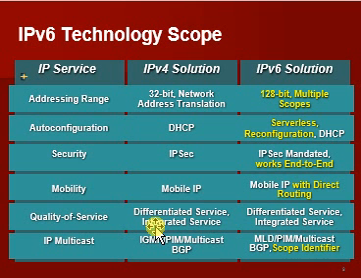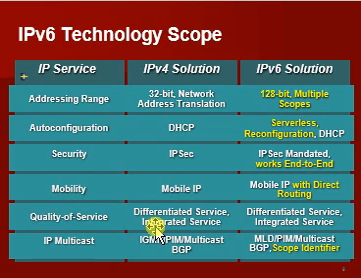So we can see here the difference between IP versions 4 and 6. In the technology scope, IP services, the addressing range for version 4 is 32-bit with network address translation, and for version 6 it is 128-bit with multiple scopes. And for auto configuration, in IP version 4 it's DHCP, and version 6 has serverless reconfiguration and DHCP. And if you look at security, in version 4 it's IP security, and in version 6 IP security is mandated